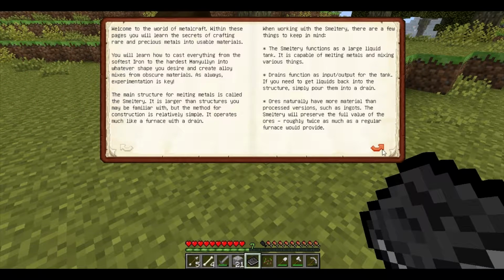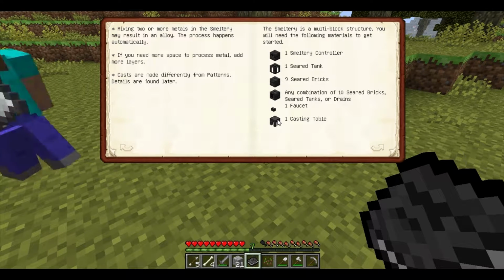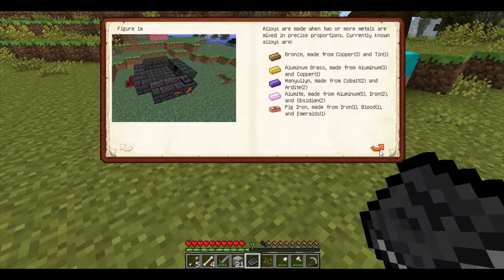So it's just a load of blah blah blah. We're going to make a controller, a tank, a little funnel and a casting table. To start off with, we need to be 3 by 3,